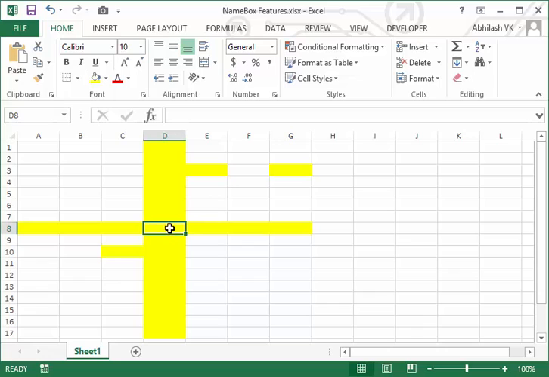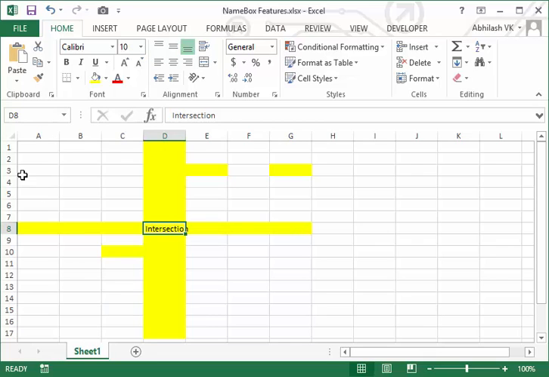So this is called intersection. So the address of the cell is displayed based on the intersection of row and column, see D8, fine.